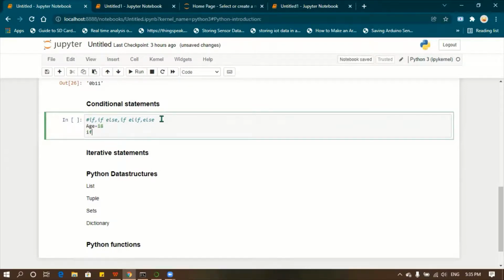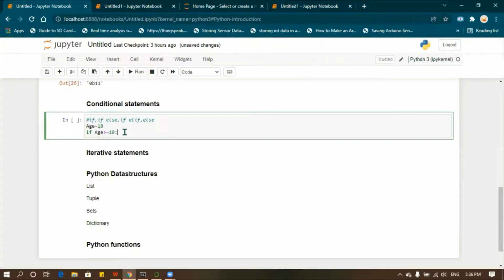Then if age greater than or equal to 18. We are going to check whether the age is greater than or equal to 18. For that we use the keyword if, then give some space, then end it with a colon. Here we have used capital A, so here also you have to use capital A.